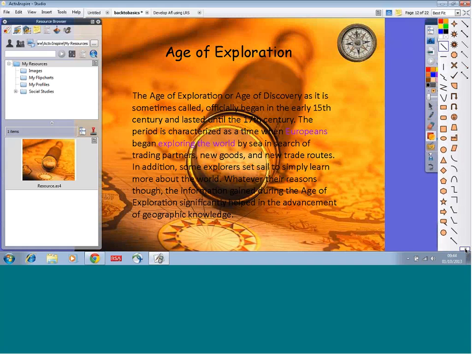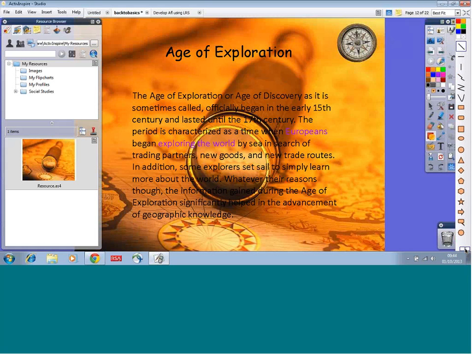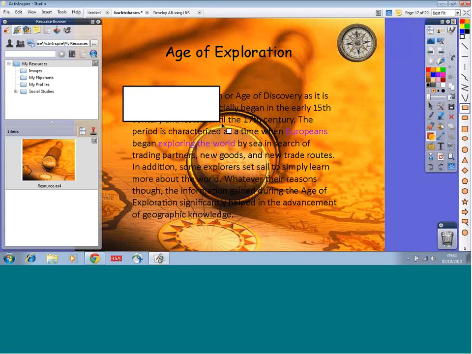Clicking the double arrow on the bottom gives me more shapes and lines as well. In Primary, your shape edit toolbar will open up down at the bottom, and again, all of these options are available to you there as well. So I'm just going to choose a rectangle. I want to have a white fill and a black outline,